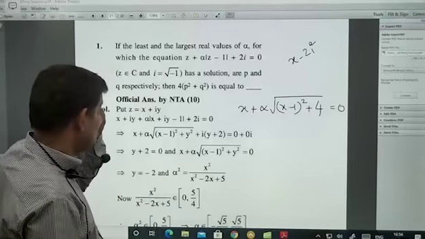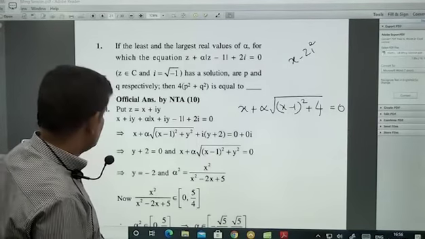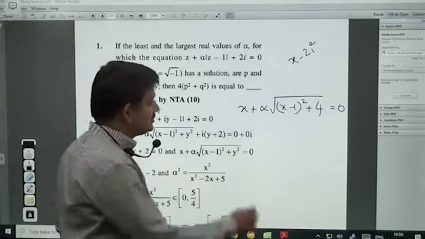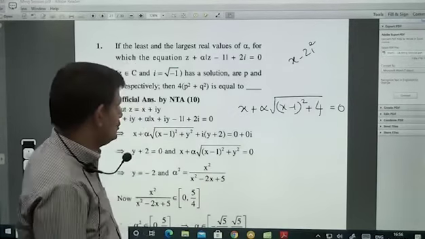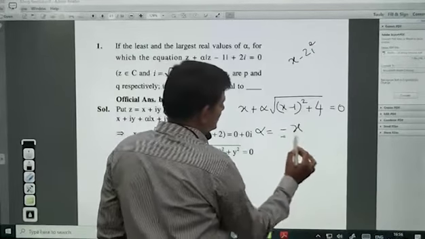This equation should have a solution. So he is asking you what is the greatest and least value of alpha such that this equation has a solution. So alpha will be what? Minus x divided by